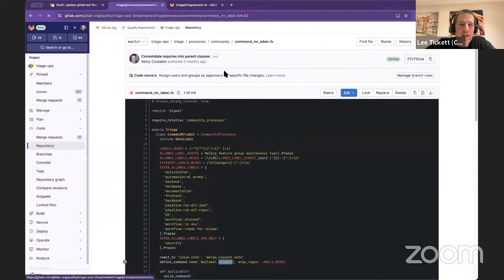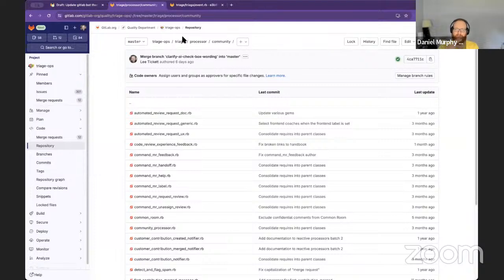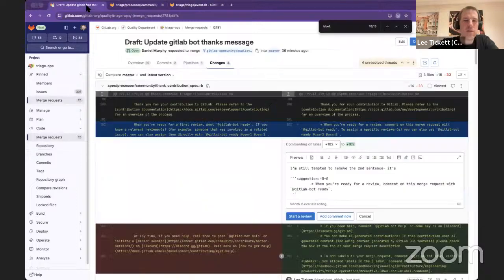So command MR label. No, it won't. Okay. It'll add them as well as? Yes, it just adds them. It's not ideal, but I think it's okay, because again, I think that whoever gets to it first,